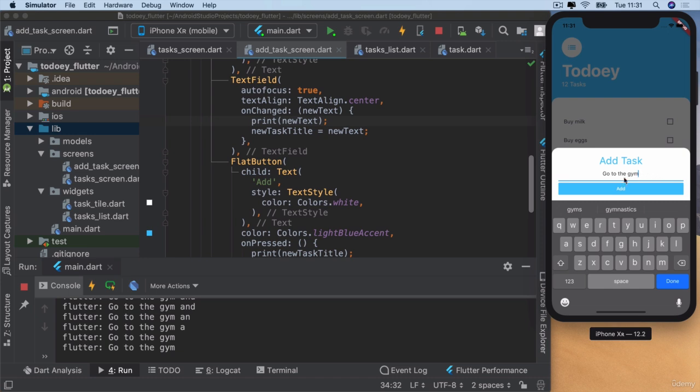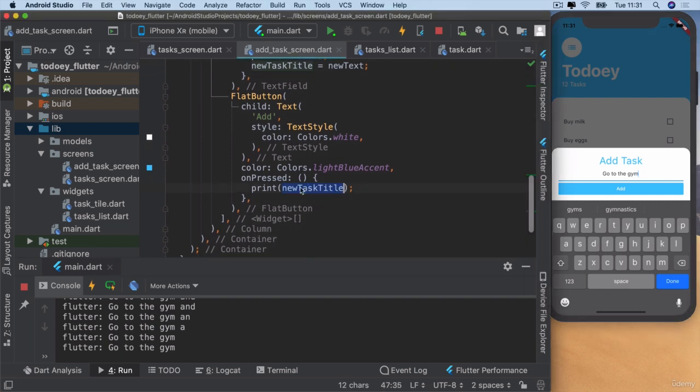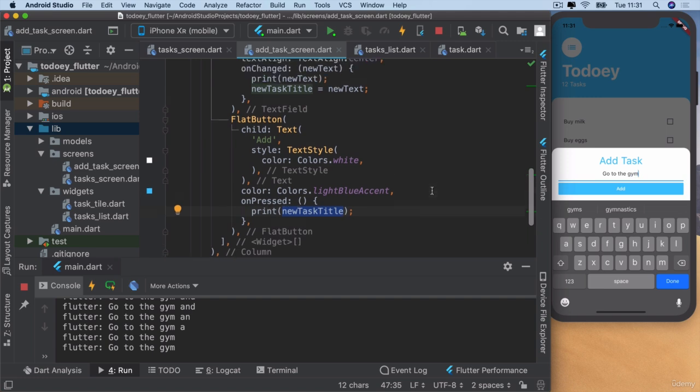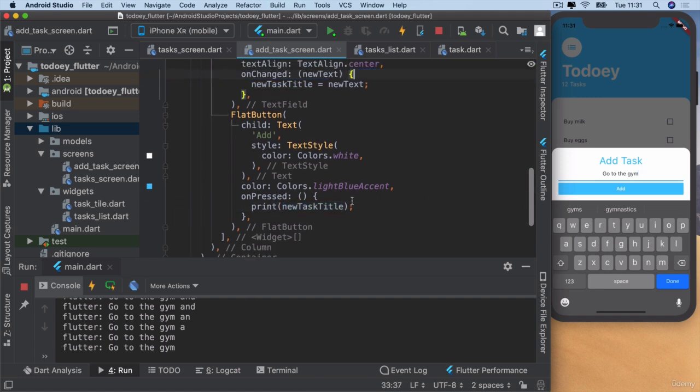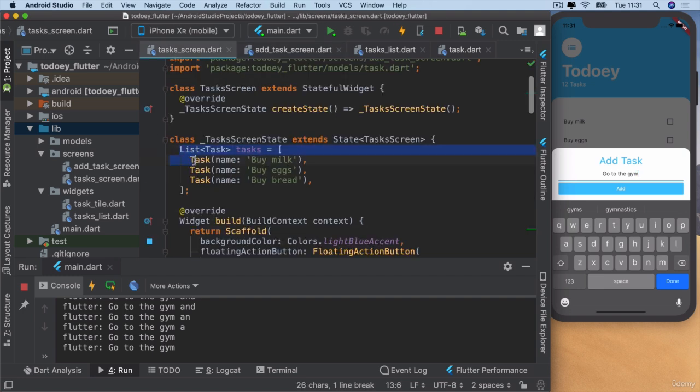So we have to wait until they actually signal that by pressing the add button. So we're going to just keep track of everything they type, and only in the moment where they press the add button do we take that as the final task title and we do something with it. Now that we know how we can get hold of this new task that they typed into the add task screen, well, how do we actually go ahead and take it back to the task screen to add it into our list of tasks? Well, it's